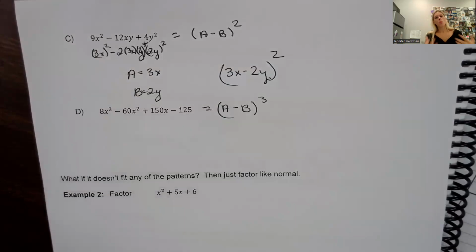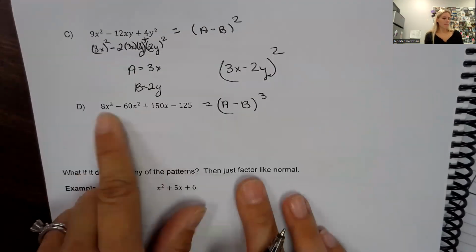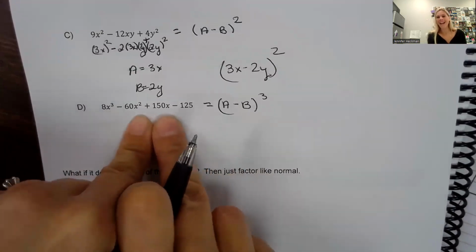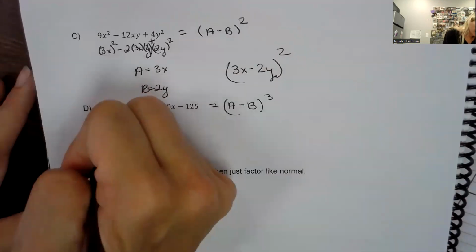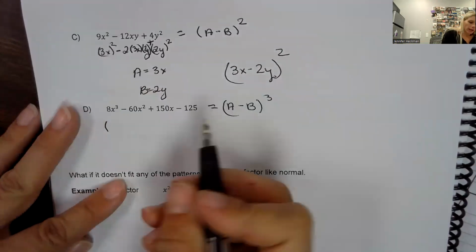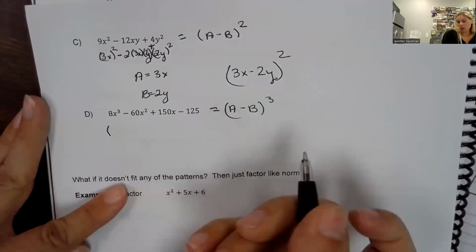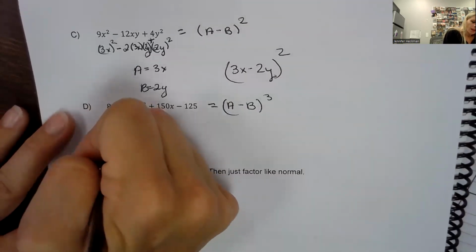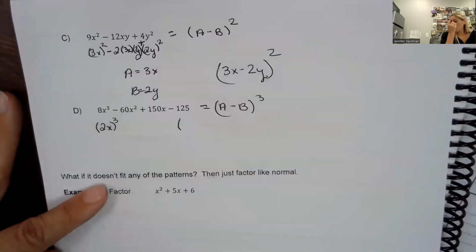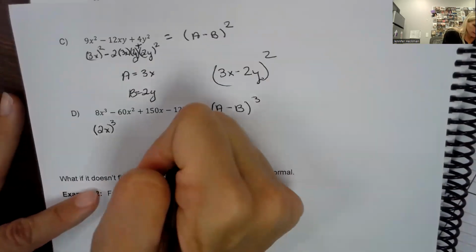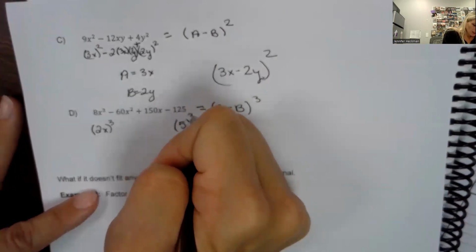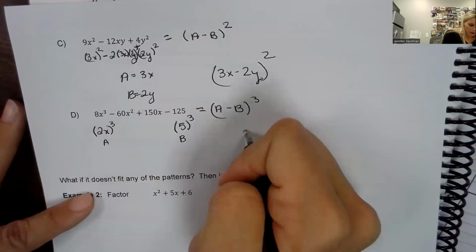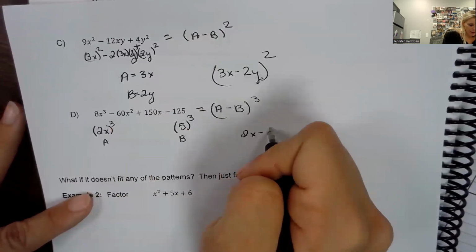I know this works in this case because of what's happening in here, and I trust that I'm doing special cases, right? So all I'm going to do is identify my A, which, okay, I have to take the cube root, right, because it's cubed. So that would be 2x for my A. And my B, well, the cube root of 125 is 5. So that's my A, and that's my B. So right away I can go 2x minus 5